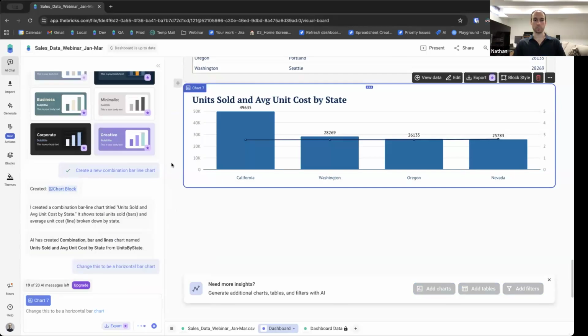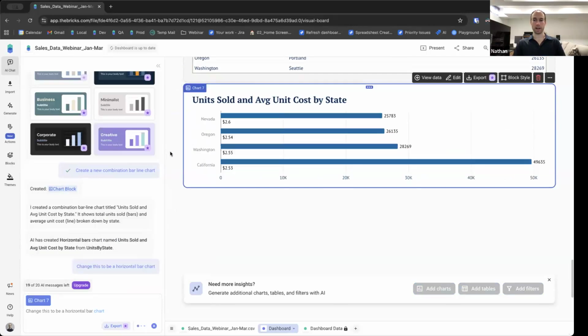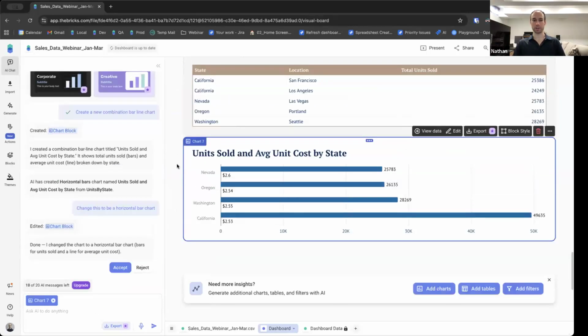So now it's going to look at the chart and figure out how to change this, and then it just changes it. That was fairly quick. Now we've got a horizontal bar chart from here. So you can do stuff like that with AI. If you want to be really fine-grained and make sure you're doing stuff yourself, we have